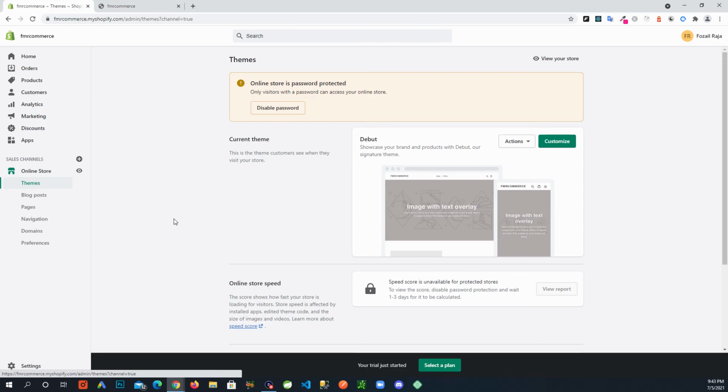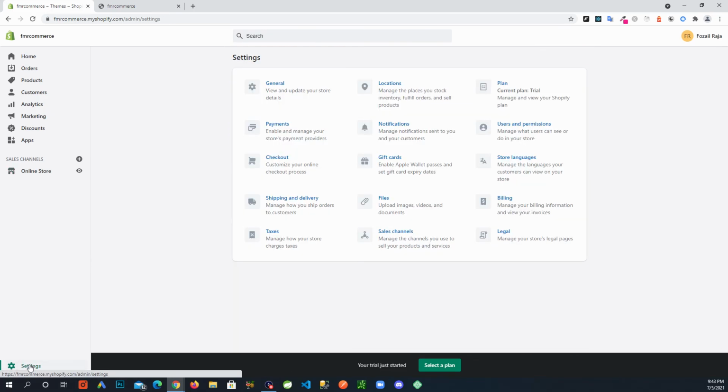So Shopify does provide a basic template for pages like terms and privacy policy, refund policies, and that type of stuff. So what you can do is go click on settings,